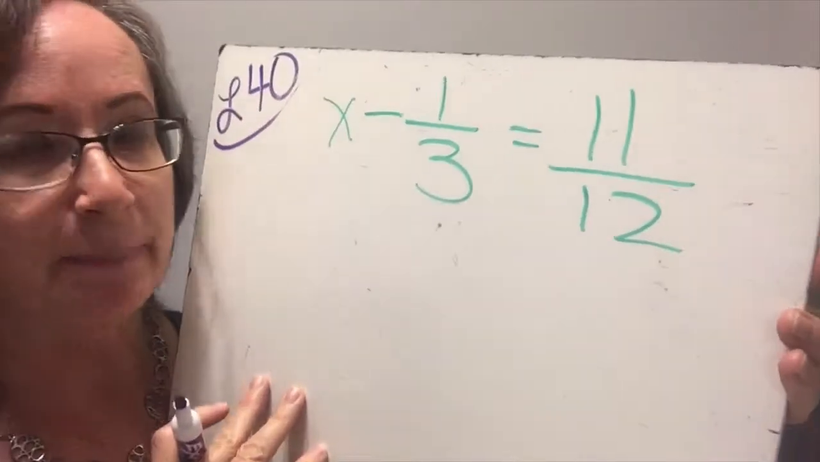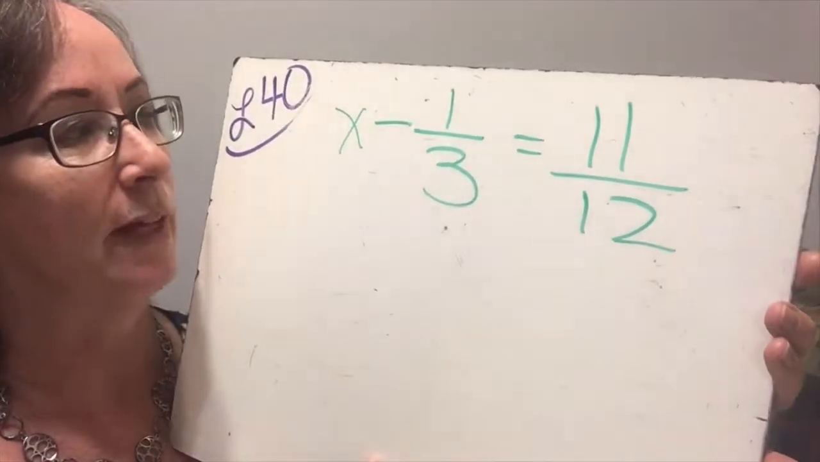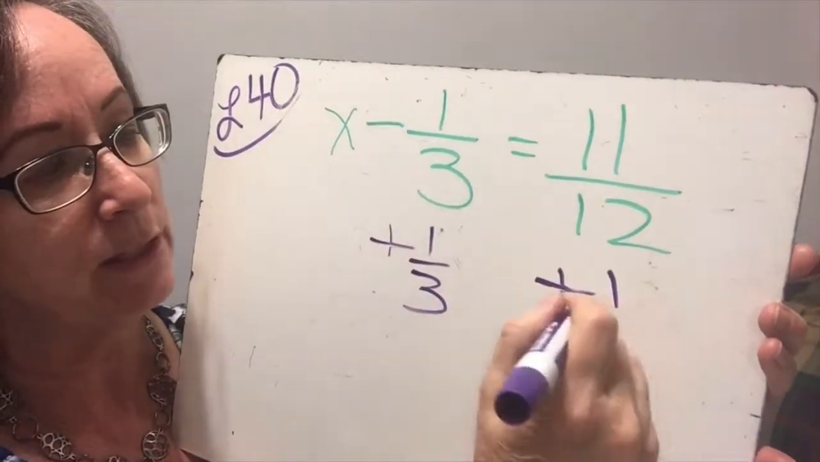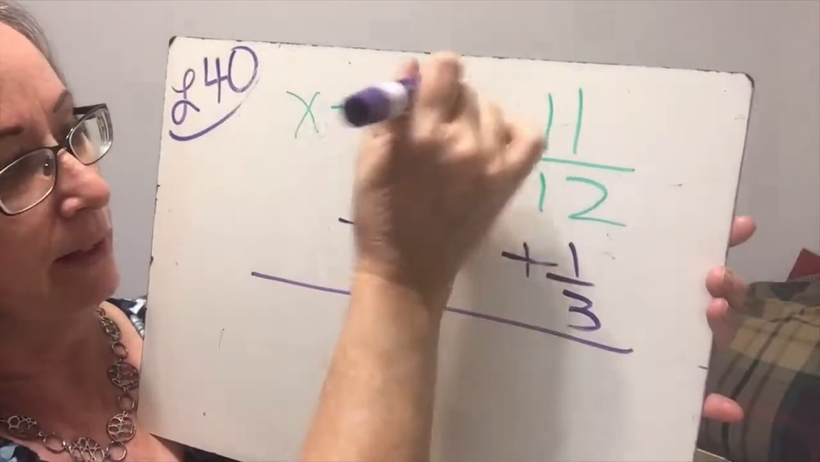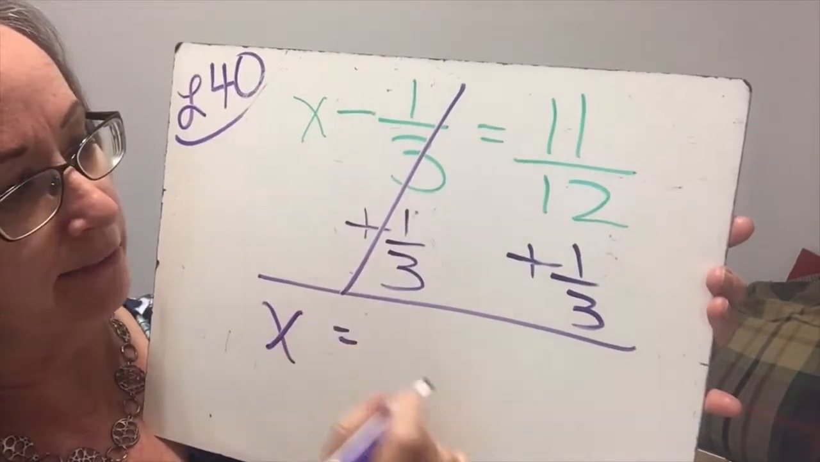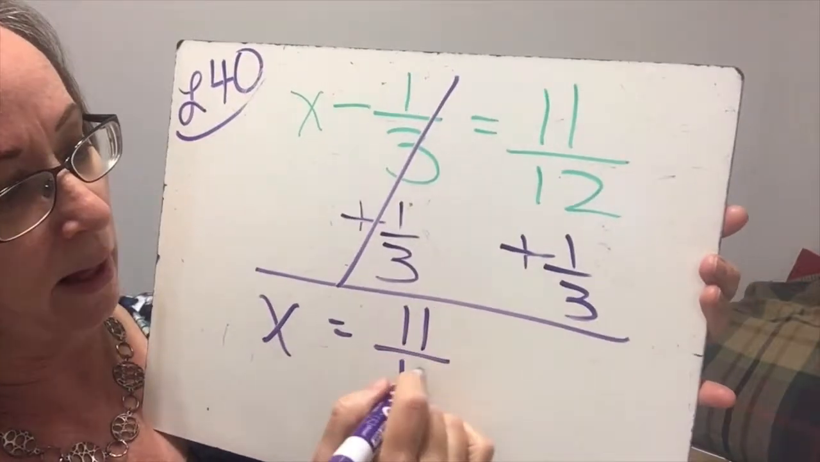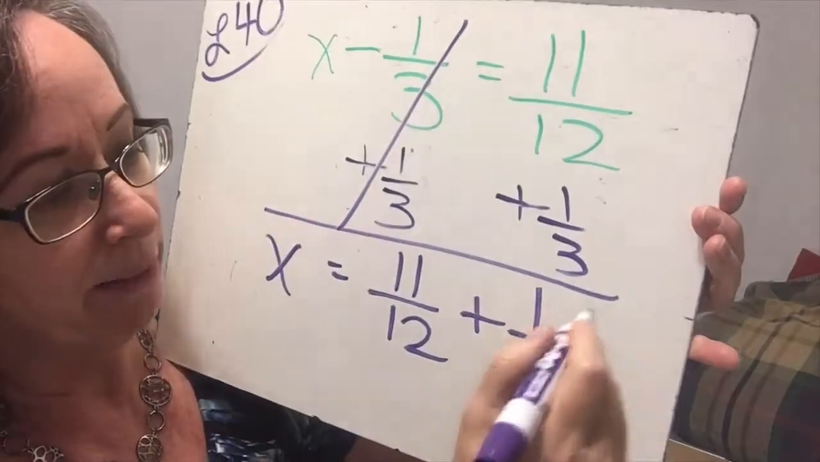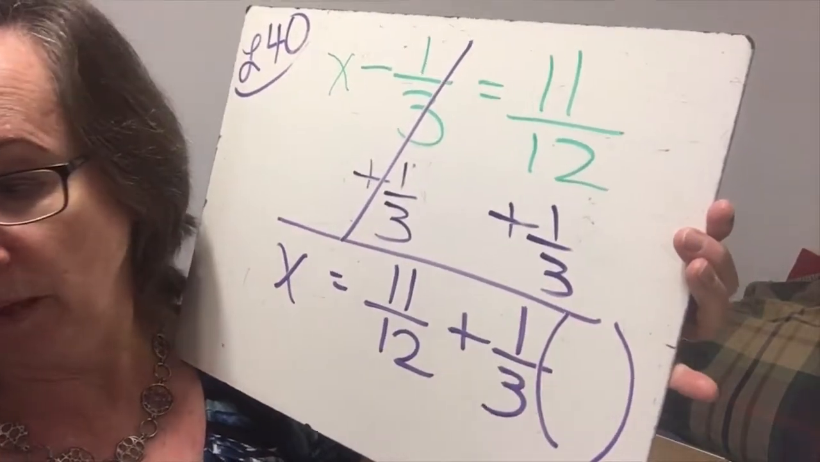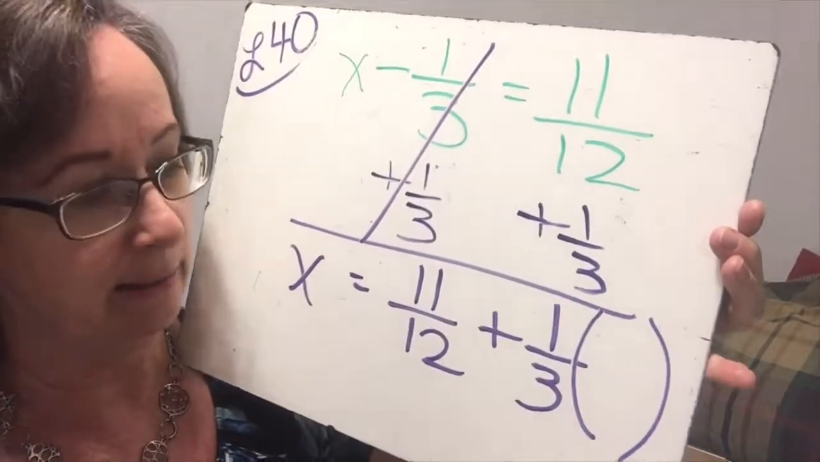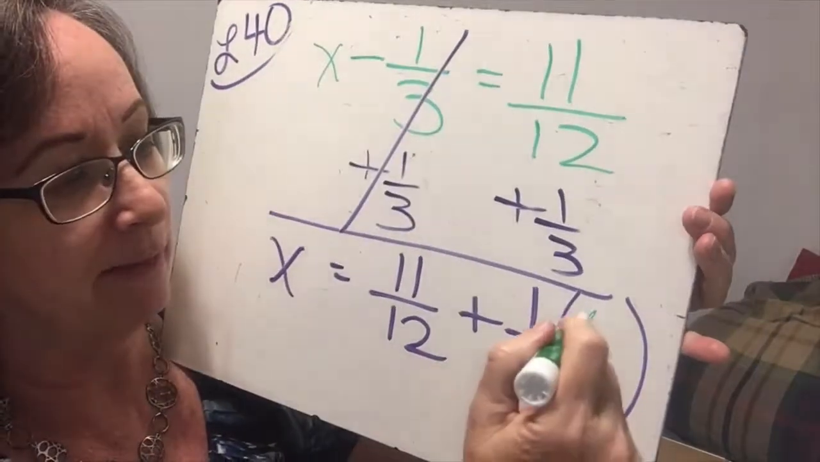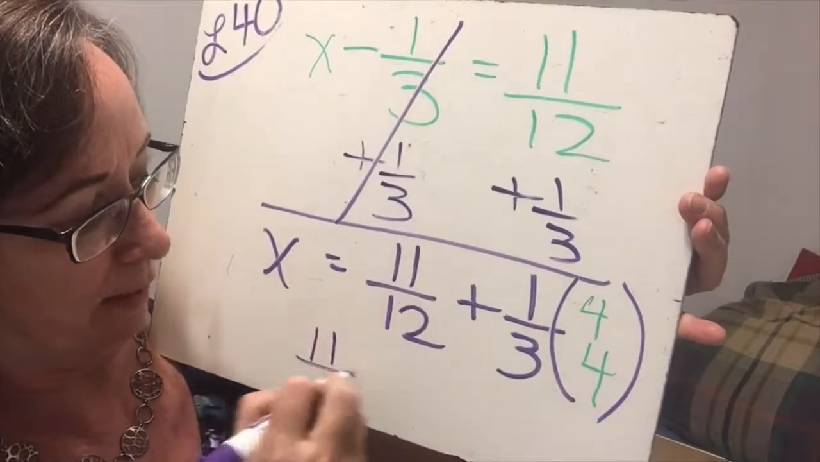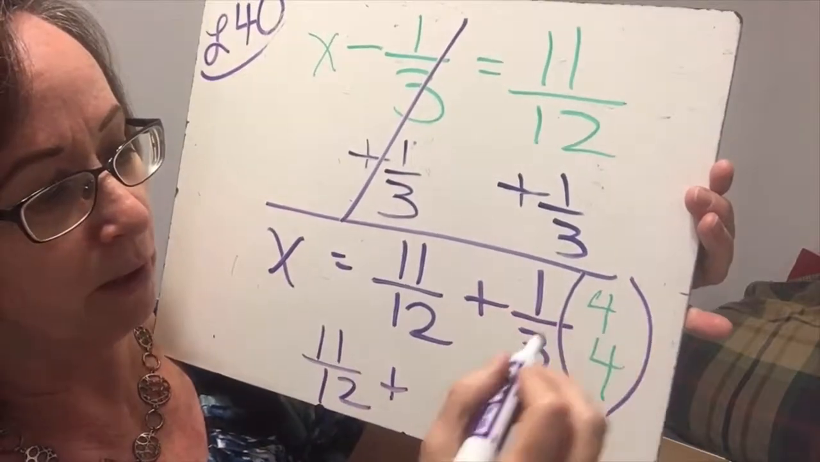All right, this one is not going to be too hard either because 3 goes into 12 evenly. So we're going to add 1/3 to get our x by itself, and we must do the same thing to the other side. So this is going to cancel, and we get x on the left, and we get 11/12 plus 1/3 on the right. But 1/3, we're going to multiply by 1 in order to get a common denominator. And that form of 1 will need to be 4/4. And so we get 11/12 plus 4/12